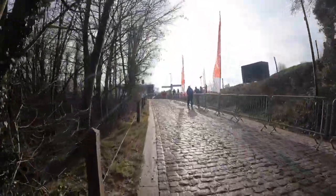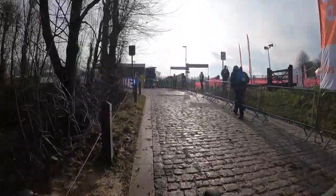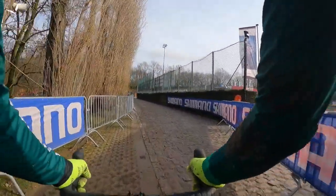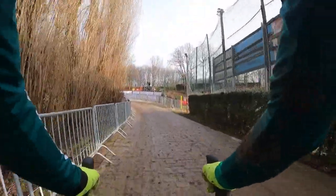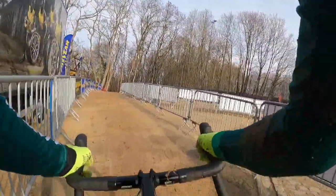Here I'm all the way over to the left on this little curb, trying to get a little bit smoother of a surface. With a heavy course like this, you'll find that you really have only so many matches to burn, and you have to really conserve your energy when you can. So have that composure to find that smooth patch, try to conserve, save a few watts, and save those matches for later in the race. So coming off these cobblestones,